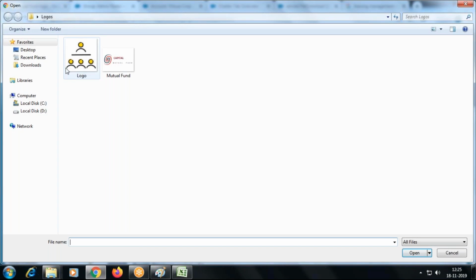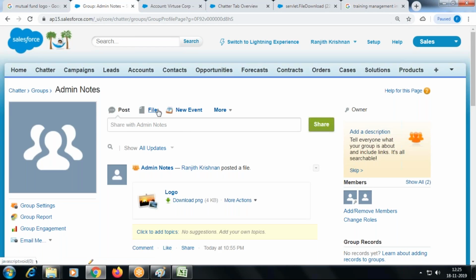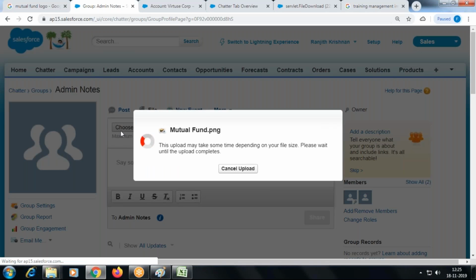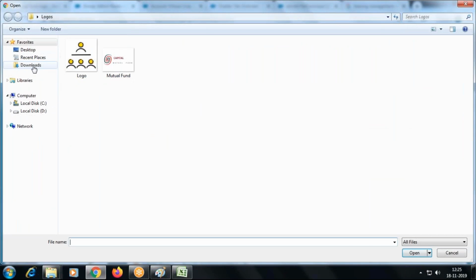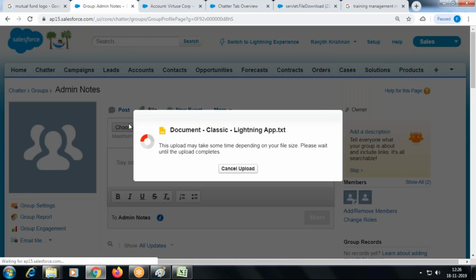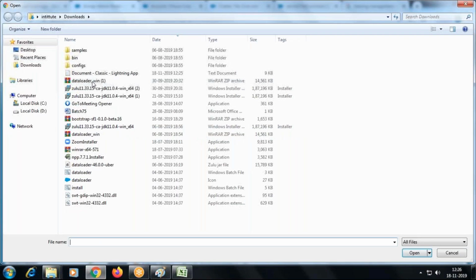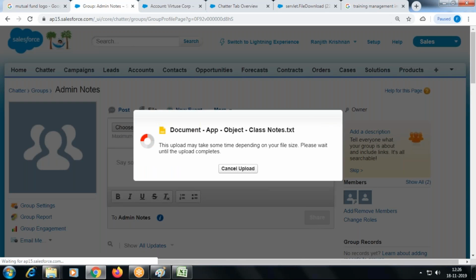So these are detailed notes. I'm optionally adding these detailed notes, because it is there in the hard copy also. The class notes you can find here. I mentioned them as class notes.